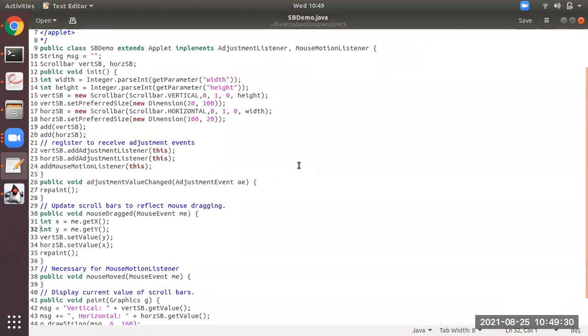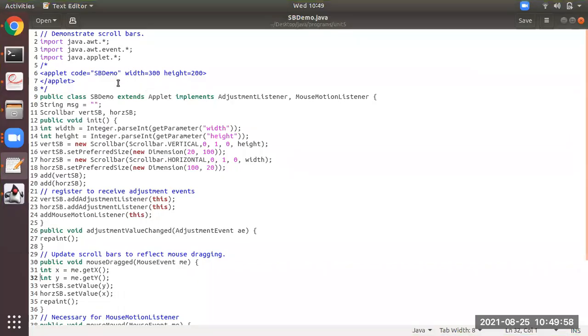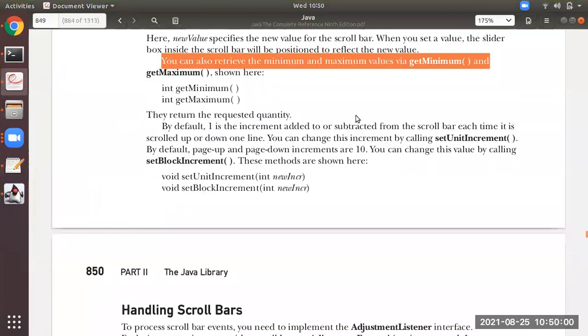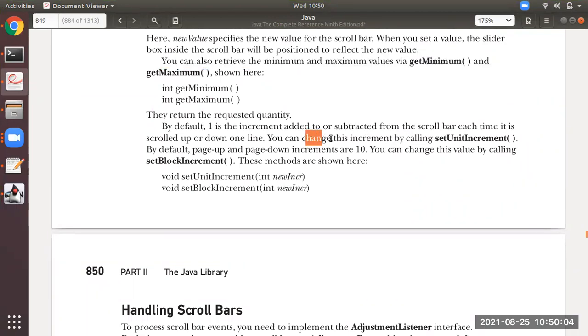Then apart from that, there are other methods also. You can change this increment by calling set unit increment. And by default, page up and page down increments are 10. Okay, you can change the value by calling set block increment.